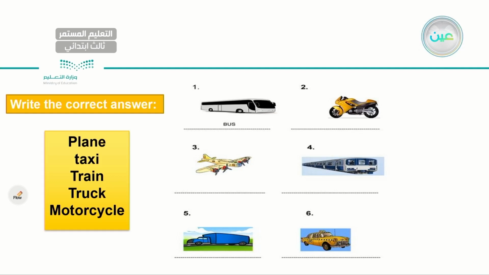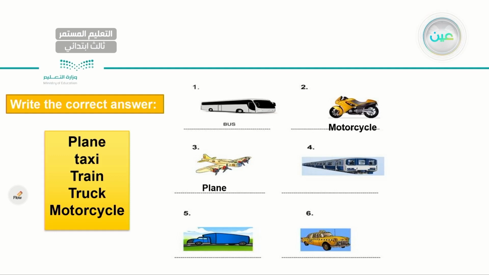Let's start with number 2. Here I have a yellow motorcycle. Very good. For motorcycle, you need to be very careful, wearing helmets and don't go over speed. Okay? So how about the third one? Here we have, very good, I have a plane. How about number 4, my dear student?